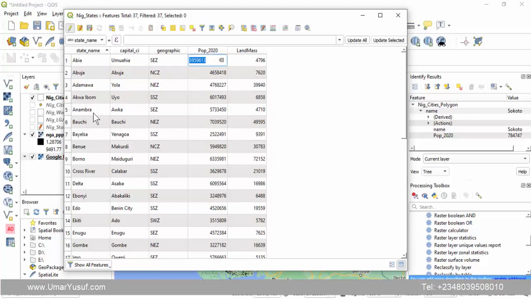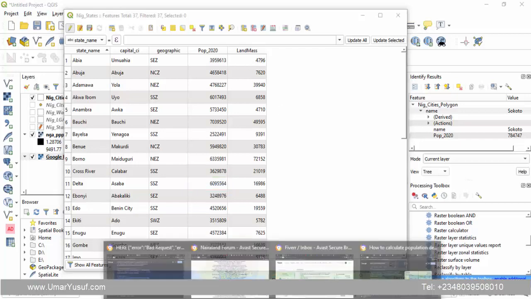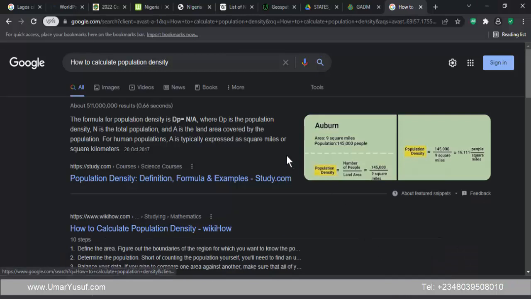Abuja has this. Borno has this. Other states too. Delta State has a landmass of 16,986 kilometer square, and the population is given by this value. So now with this, I can divide the population by the landmass. If you look at what we have here, the number of people divided by the landmass